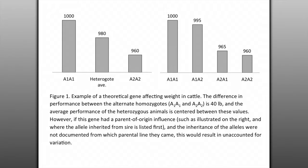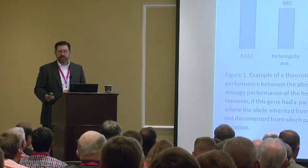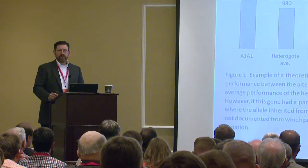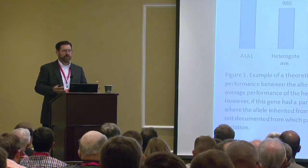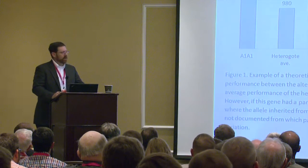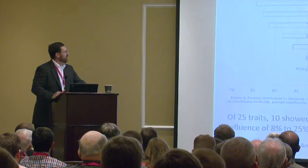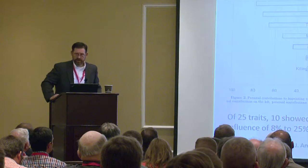If we had some different levels of expression, the average of all the heterozygotes would still be 980, right? But there's maybe some extra information in some of that. In the 1960s, there was a lot of research being done on making different crosses and studying hybrid vigor, and the F1s were made different ways, and all the F1 data were grouped together. Not all the F1s are the same,